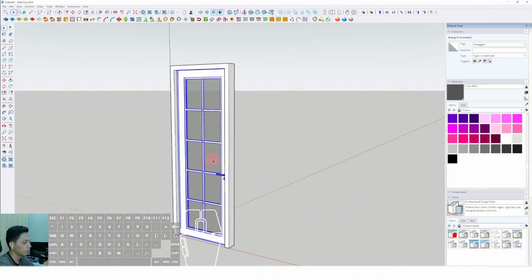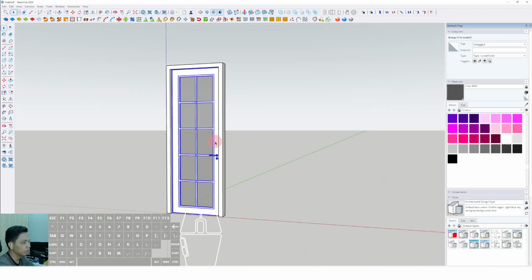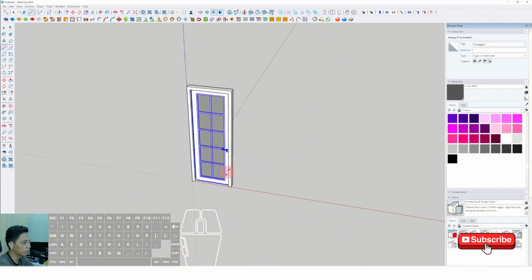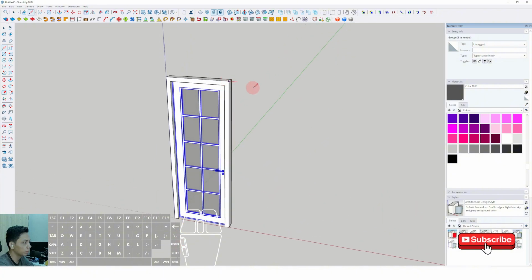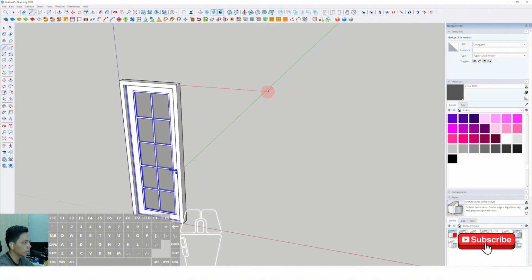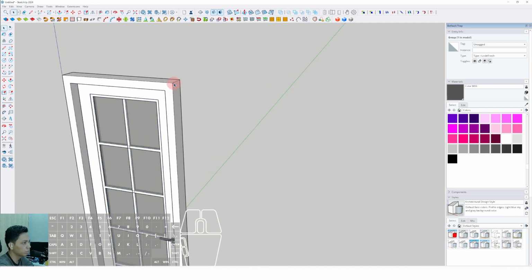And now we can also make the window. We can use the line again, click from any position. For example, you can click from this position, and you can drag to the other side around 1.2 meter, 1.2 meter with using line,